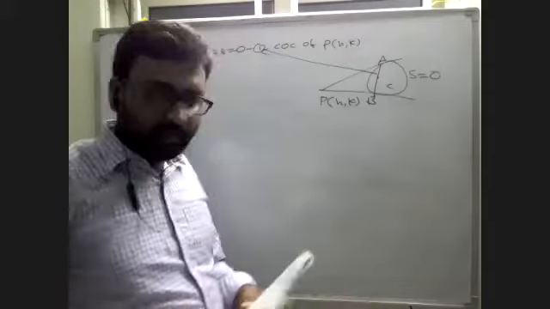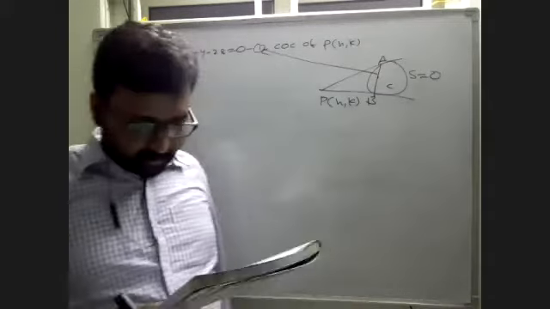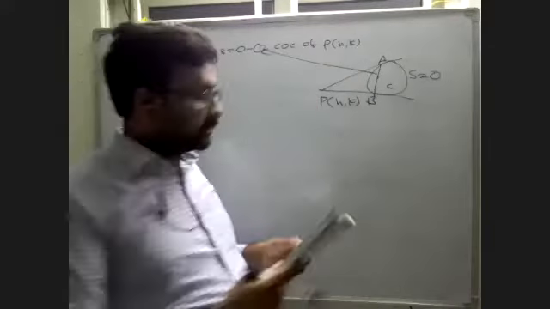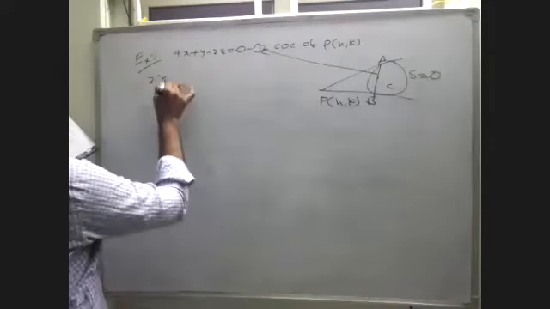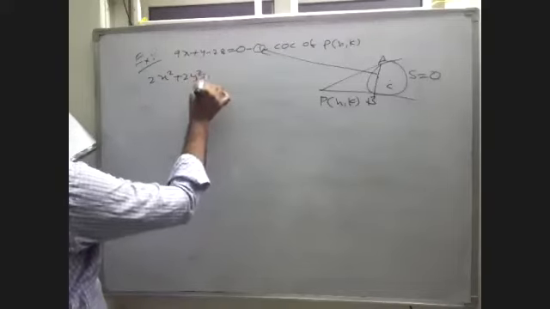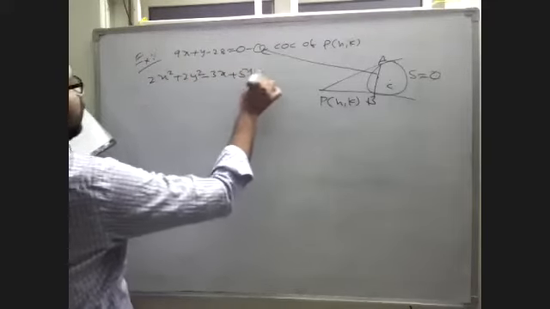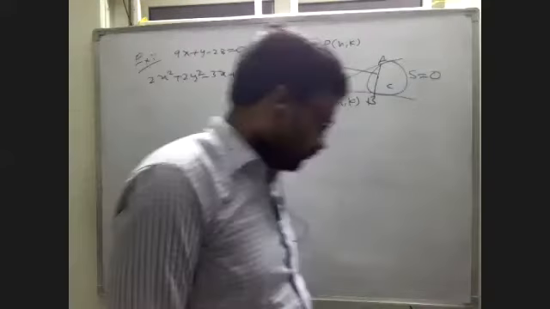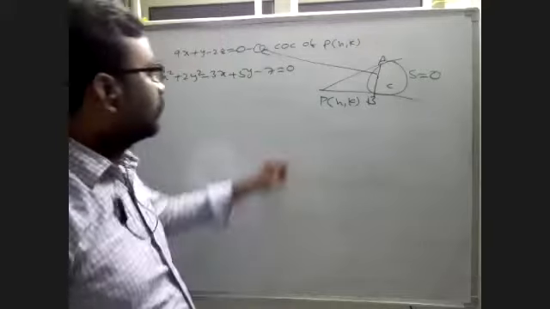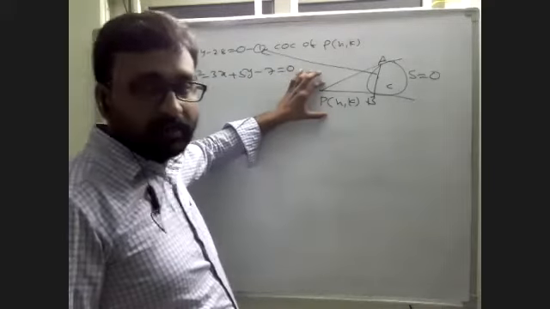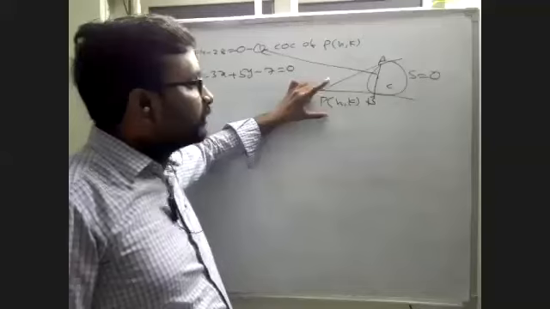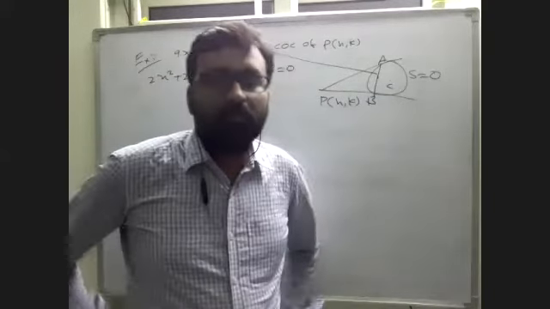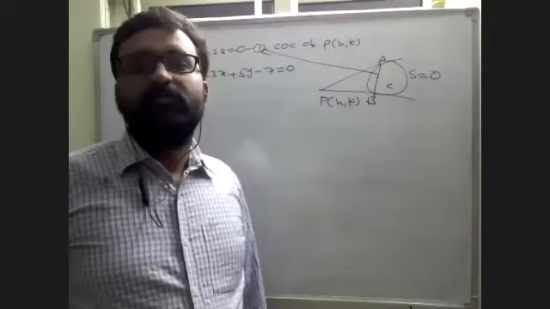Here the chord of contact is given, but this point is not given. So, continuing, if the line is the chord of contact of the point P(h, k) with respect to the circle 2x² + 2y² - 3x + 5y - 7 = 0, then what is the value of P(h, k)? If P(h, k) or (x1, y1) or whatever it is is given for any circle, we can find the chord of contact by using the formula S1 equal to 0. We know already the equation of chord of contact is S1 equal to 0.